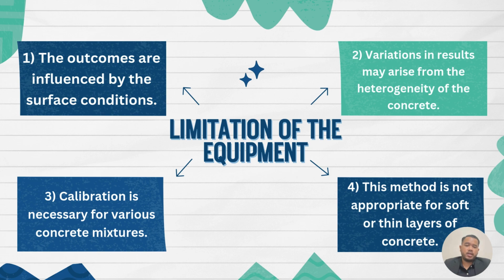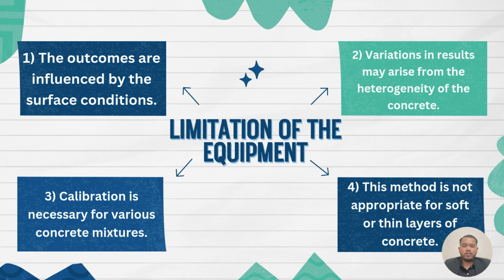In forensic engineering, it does have some limitations that must be considered. First is sensitivity to surface condition. The accuracy of the rebound hammer is influenced by the condition of the concrete surface. Factors such as unevenness, dirt, or moisture can impact the result. Second is variability due to concrete heterogeneity. Variation in the composition and texture of concrete can lead to inconsistent results, making it essential to interpret the data